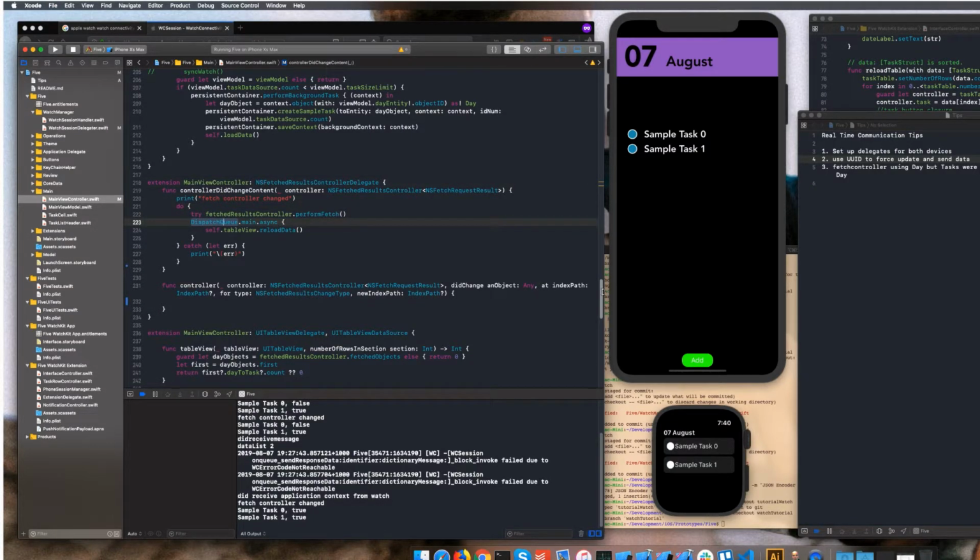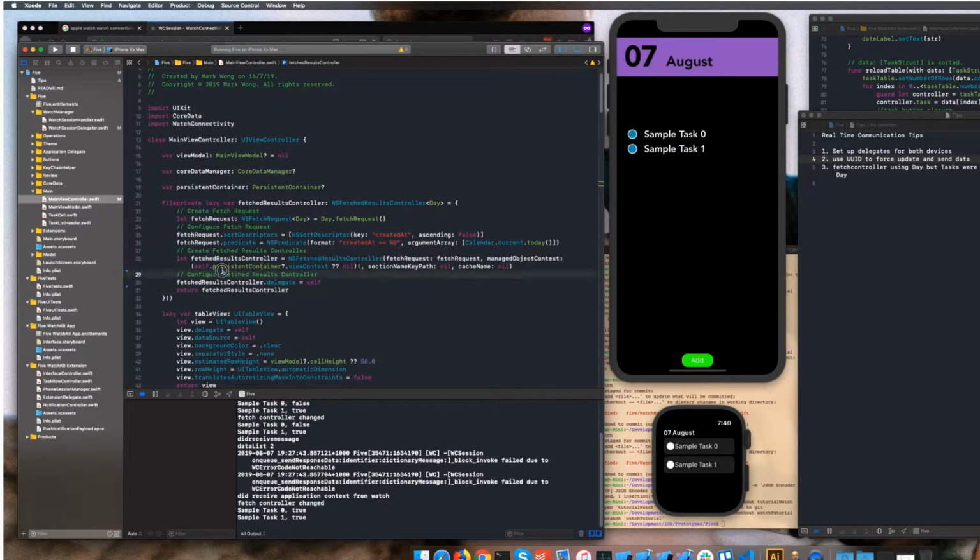So I'll go over it, because one thing that was stopping me from getting this to work was that I was doing a fetch request on day, and the fetched results controller is doing a fetch request on day and detecting changes on the day entity,